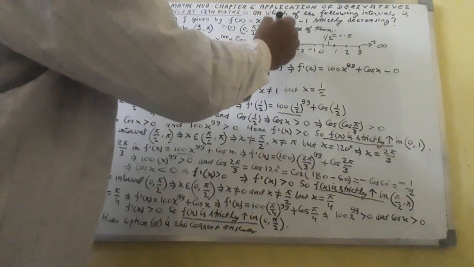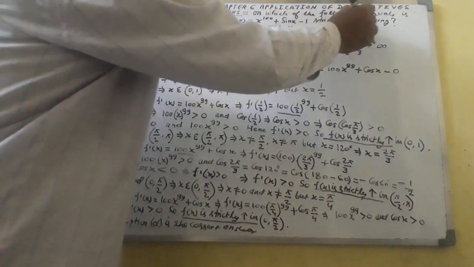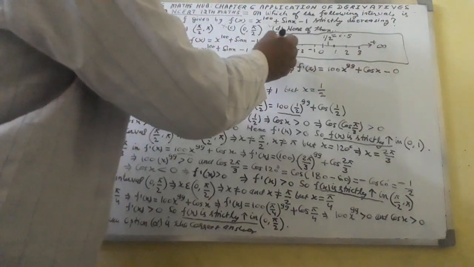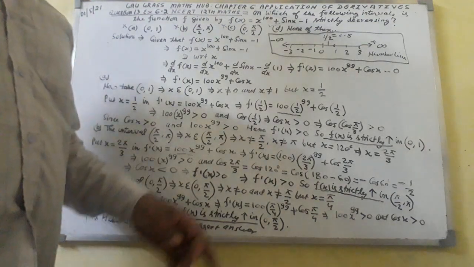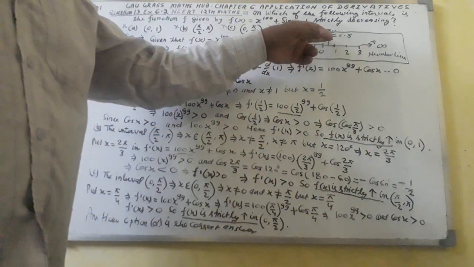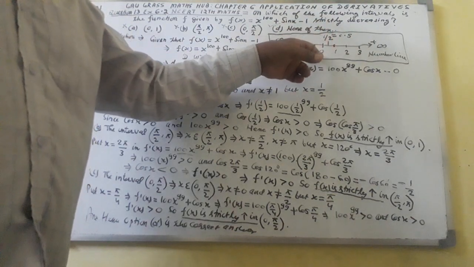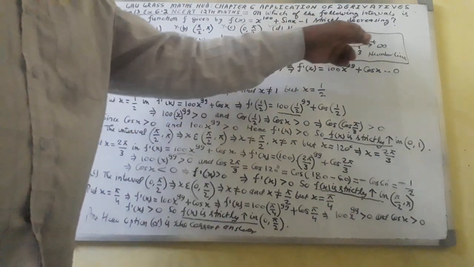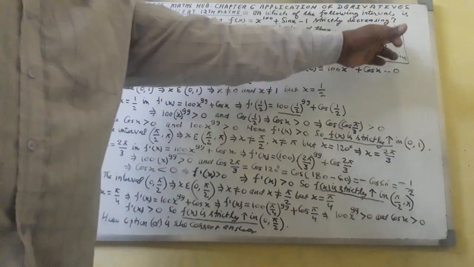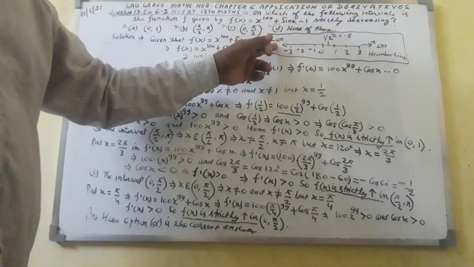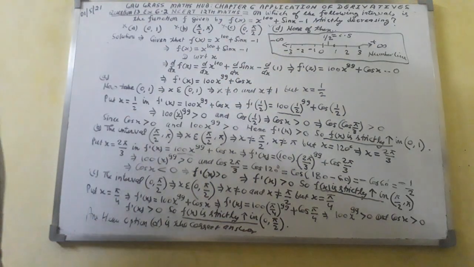This one I have explained. See, as a number line. On the number line, I have reflected that 1/2 equal to 0.5 lies somewhere in between 0 and 1. Plus infinite is the extreme right, minus infinite is the extreme left. I have mentioned this one on the number line.